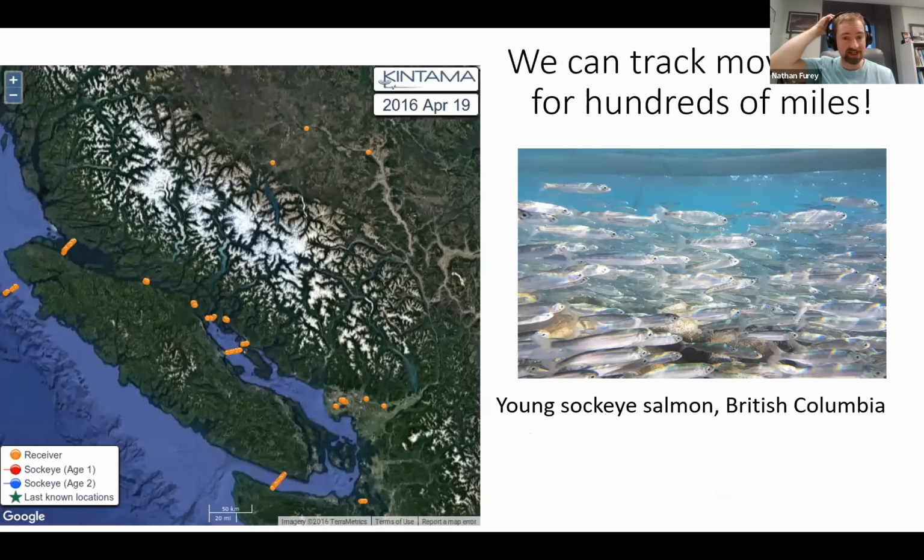And so we can use this technology to track fish over pretty incredible distances. This is a quick little video I'm going to try to play, and we keep our fingers crossed that it works, where we tracked hundreds of juvenile salmon. These fish on the right-hand side, we put these little electronic tags into them, and then we tracked their movements for over 600 miles through 3 river systems, and then about 150 miles along the coastline of British Columbia. Each of those little dots you're seeing run across your screen right now are little fish that have one of those tags and that we track